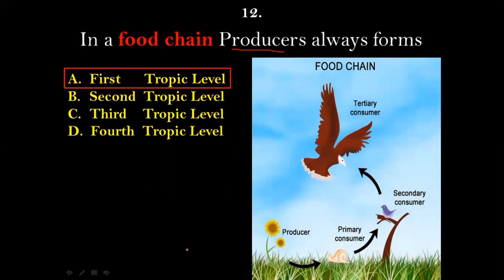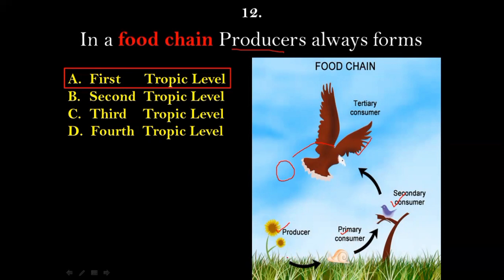As you can see on the screen, this is an example of a food chain where you can see the producers here. The producers or green plants are being consumed by a primary consumer, and this primary consumer is again consumed by a secondary consumer, and this secondary consumer is again consumed by a tertiary consumer, and it goes on like that. And after the death of this tertiary consumer, it will be eaten up or consumed by decomposers, bacteria. So this is just an example of a food chain.